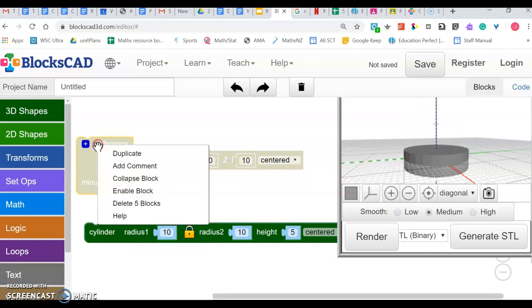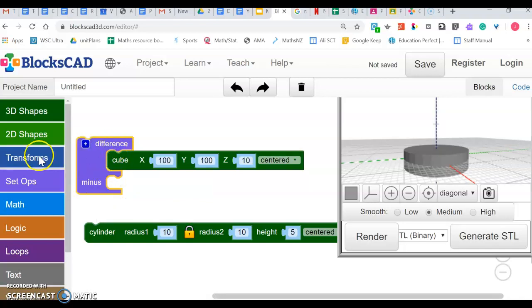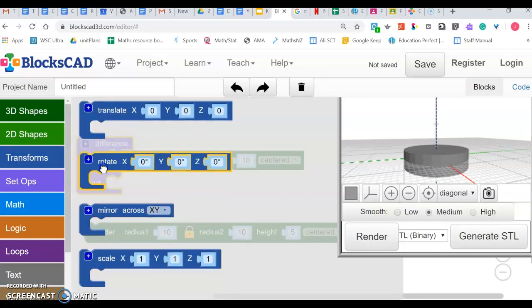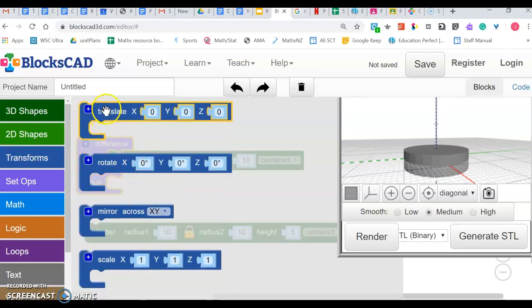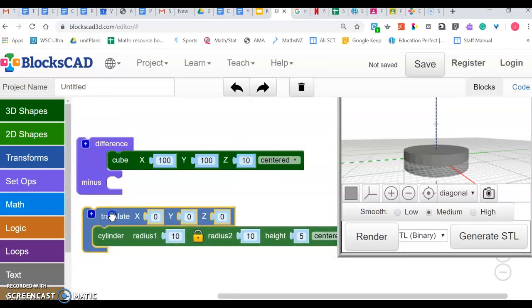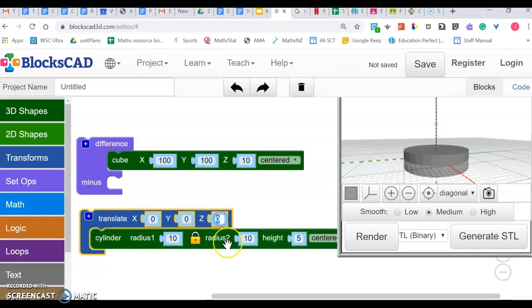Okay, so then we start to combine a couple of transformations to do this. So I'll bring back the difference. I'll bring a translation in. Okay, so I think if I move this up the page by 5 places,